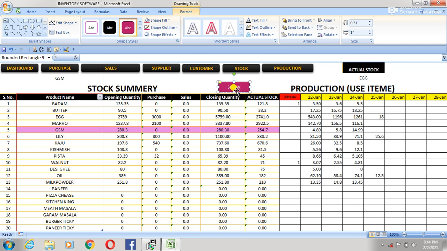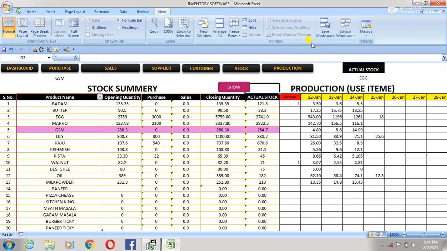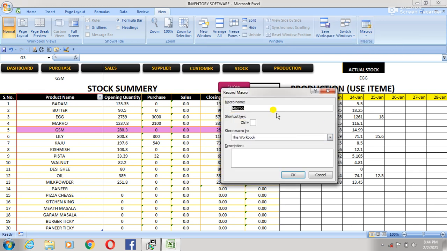So give the name Show. Okay, and firstly go to the View menu, Macros, Record Macro, and give any name you like. I'm giving the name Advance. Okay, that's it. If you like, give a shortcut key.